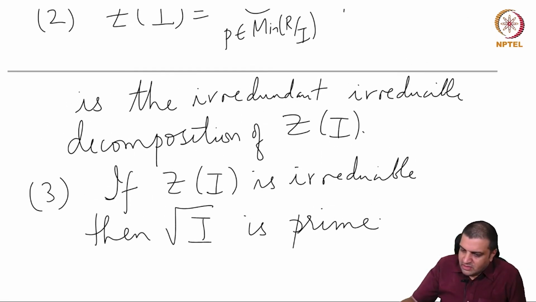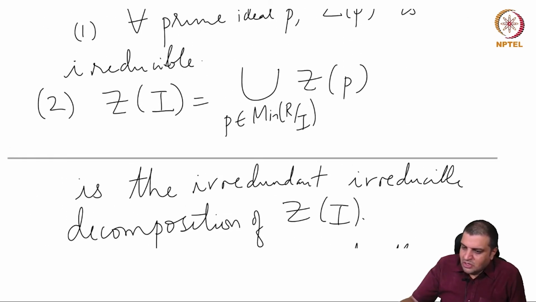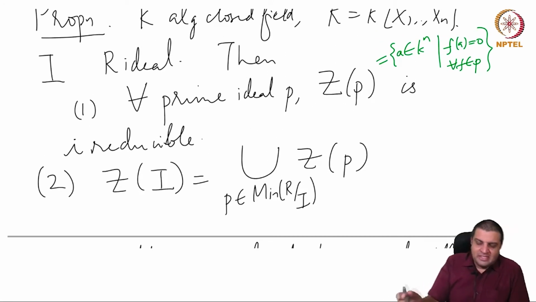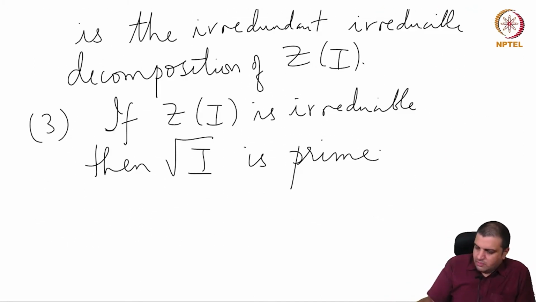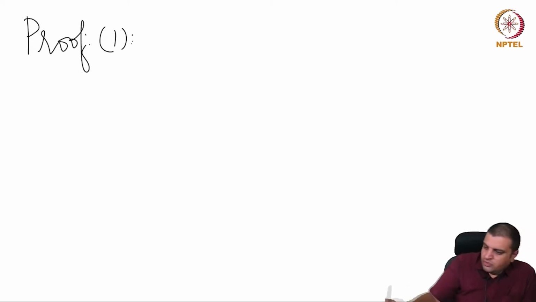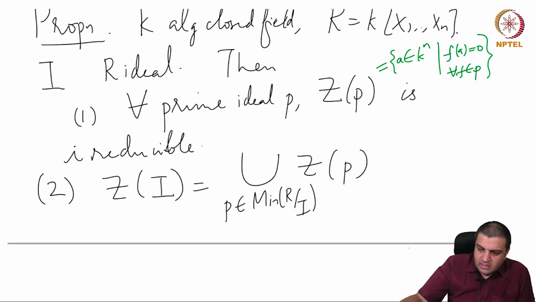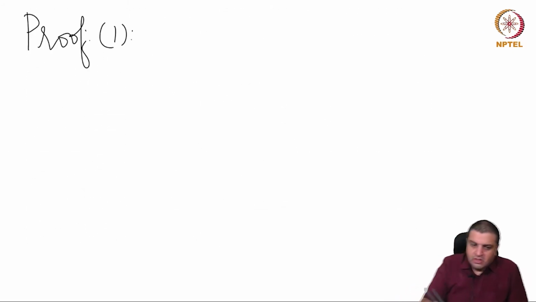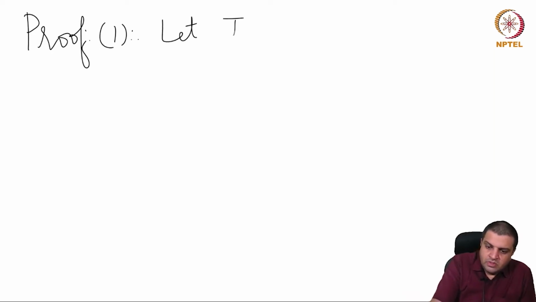These are not exactly new results in the sense that we are essentially going to rehash arguments that we used earlier to prove this. So let's prove one. One is the statement that for a prime ideal P, Z of P is irreducible. So let J1 and J2 be R ideals